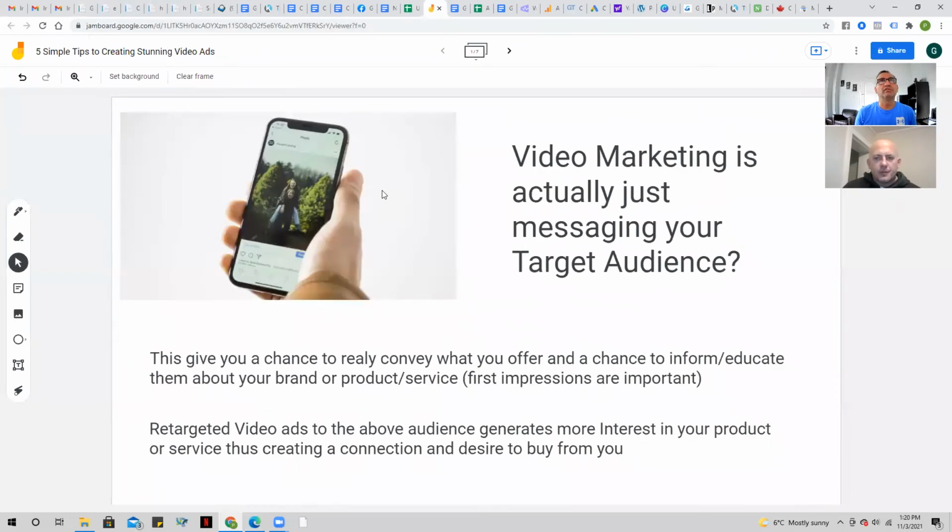Cool. All right, so it's going to be all about the 5 simple tips to creating stunning video ads. And what we're talking about first is video marketing is actually just messaging your target audience. So the key component here is about thinking synonymous with the word video and messaging. So you want to think that it's a video message, because when you think it's a video message,